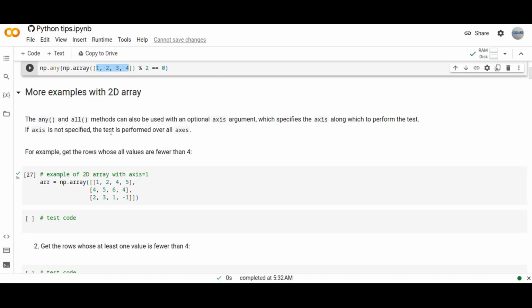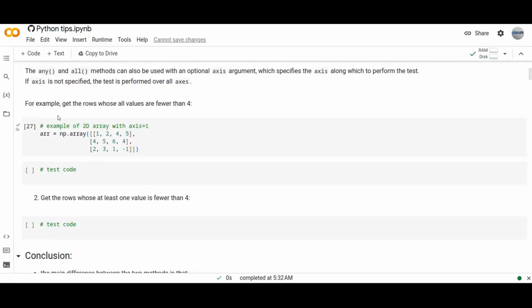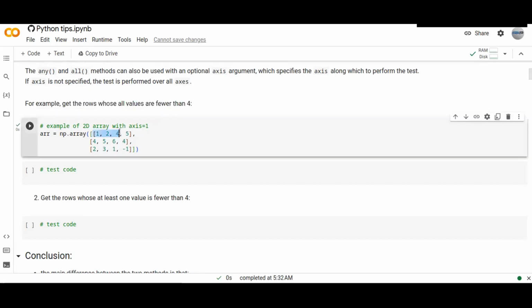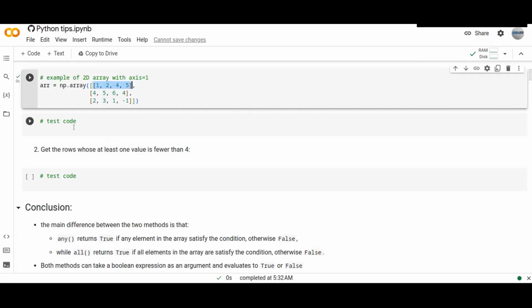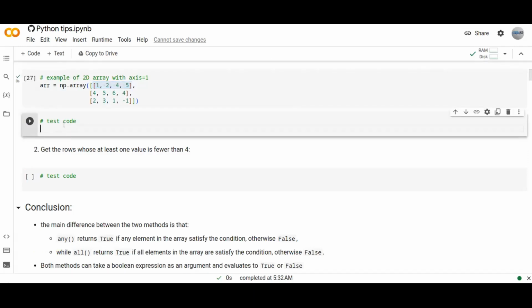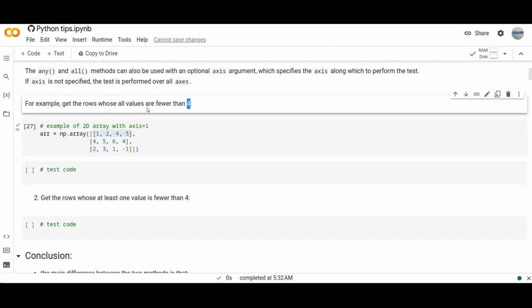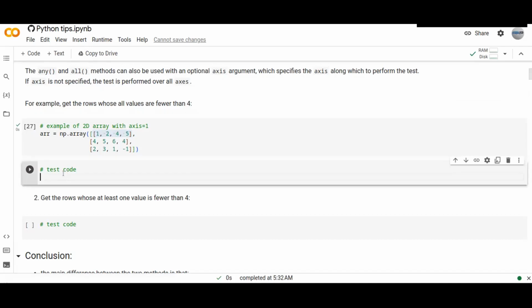So I just want to show you using the rows axis. For example, getting the rows whose values are all fewer than 4. In this two-dimensional array, I have 3 rows. From the 3 rows, I want to get the elements from the rows which satisfy the condition. The condition is that the values are fewer than 4. Get all rows whose values all satisfy that condition, and for the mask I use the all method,